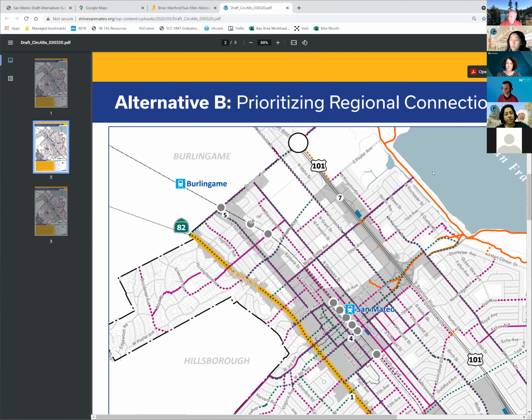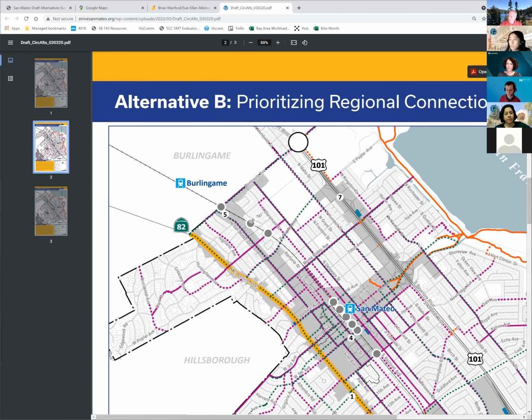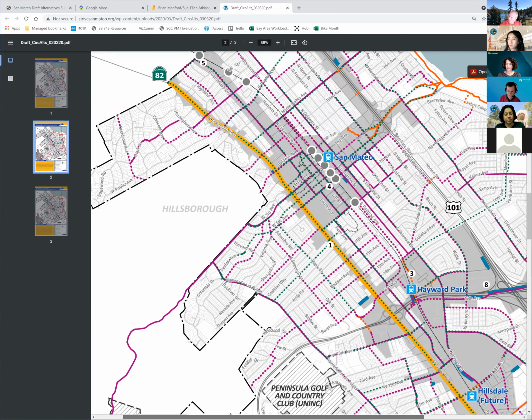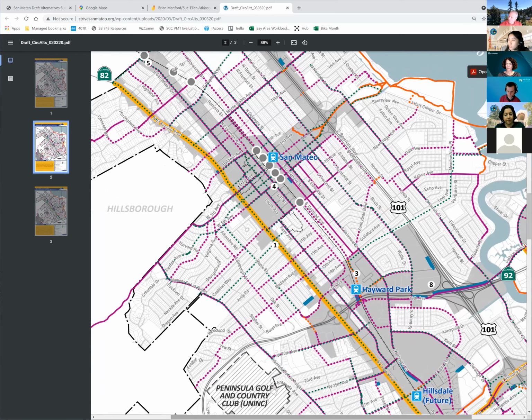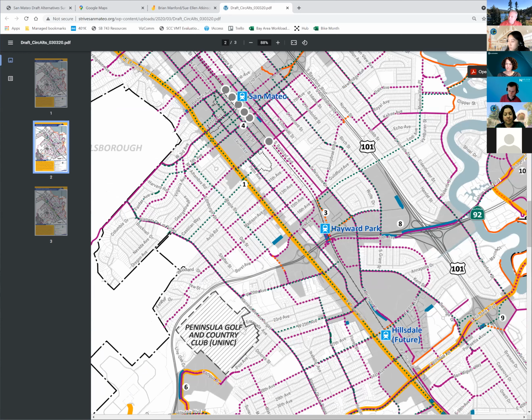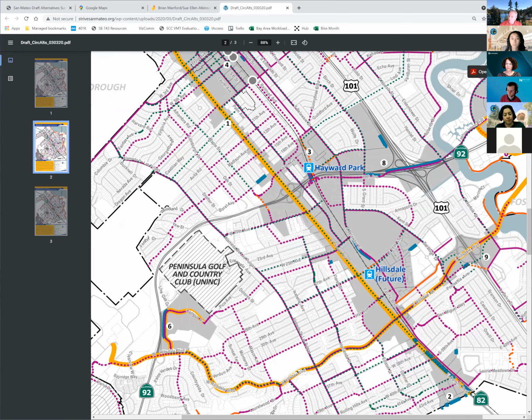Got it. I have Maureen with a comment saying, thank you, Brian, for the very best future plan for our San Mateo residents. You are ecologically aware, economically respectful, and health considerate for all. Thank you. Well, thanks for the comment.